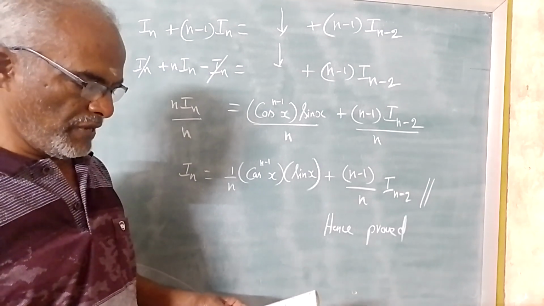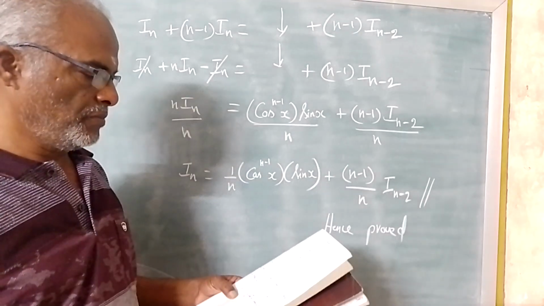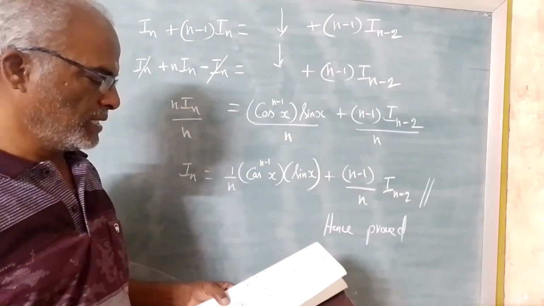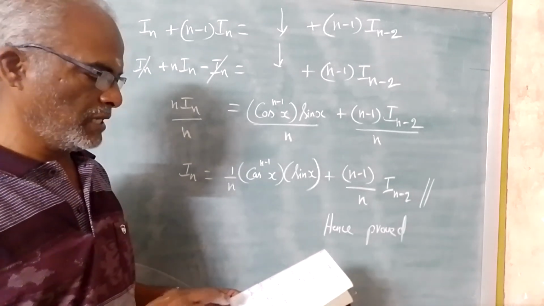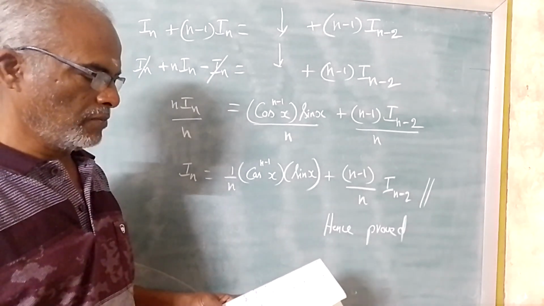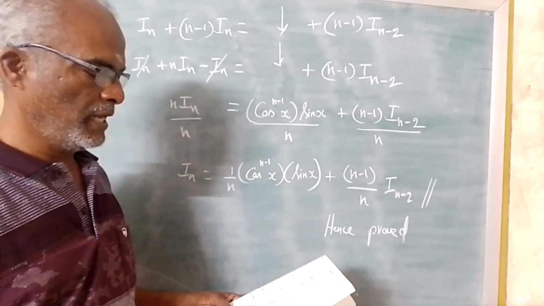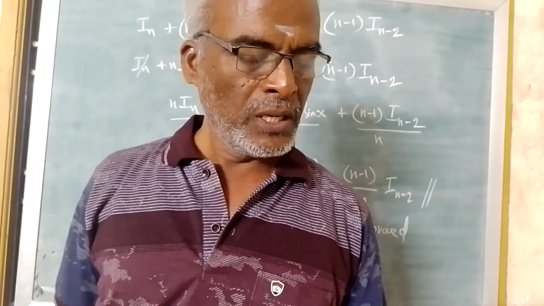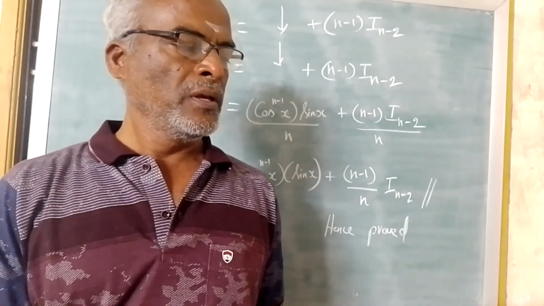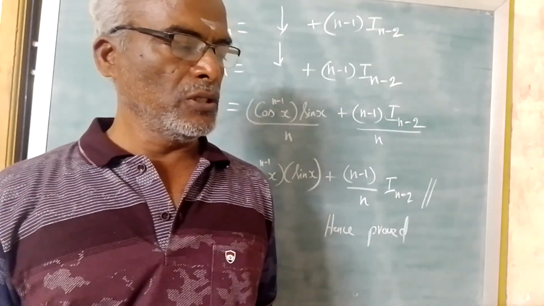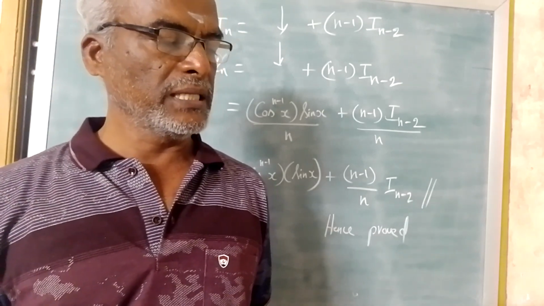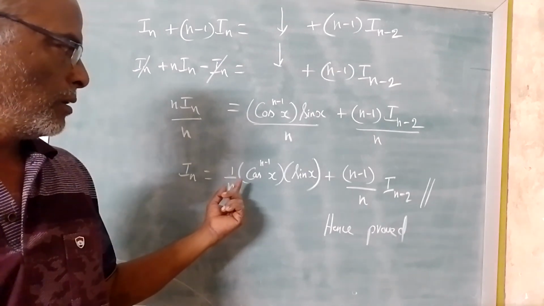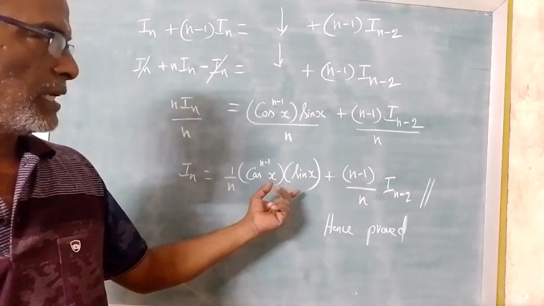So this is the way we have to solve this problem, by the reduction formula method. So the answer is I_n is equal to 1 by n cos^(n-1)x into sin x plus (n-1) divided by n into I_(n-2). Hence proved. Hope you have understood the reduction formula of I_n is equal to integral cos^n x into dx is this value, I_n equal to 1 by n cos^(n-1)x into sin x plus (n-1)